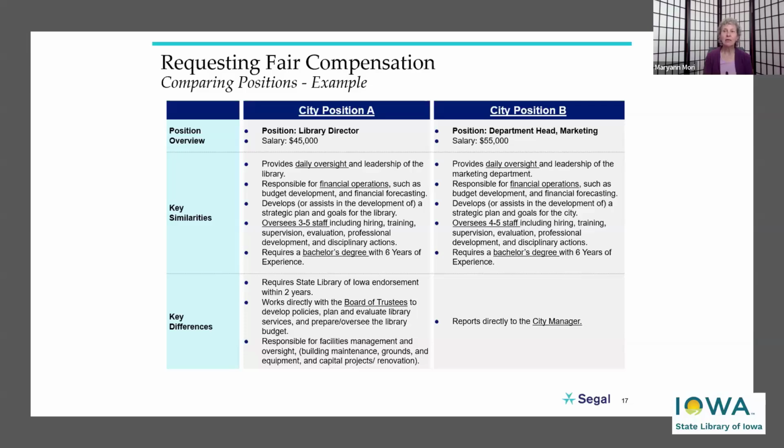For example, the responsibility for management and oversight of a team or department. One might oversee maybe one more person than the other does, but if it's not a huge difference, it's not enough to warrant any large pay difference, because you can see the pay difference in this example is $10,000. Both of the positions have financial responsibility regarding budget preparation and forecasting. Both have strategic planning duties, and both require a minimum education level of a bachelor's degree and 6 years of